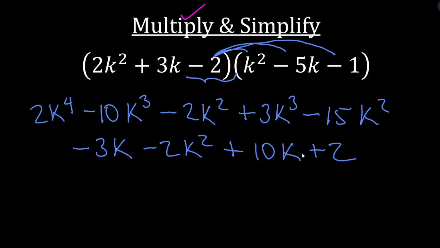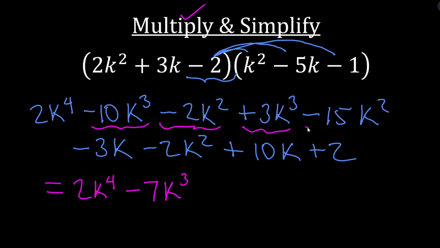So now let's simplify. I only see one k to the fourth term. So I'm going to go ahead and write that. 2 times k to the fourth. All right, here's a k to the third. Are there any others? Yes, there's one here. So let's go ahead and combine those. Minus k to the third. All right, k squared, we've got 3 of those, minus 2, minus 15, and minus 2 again,